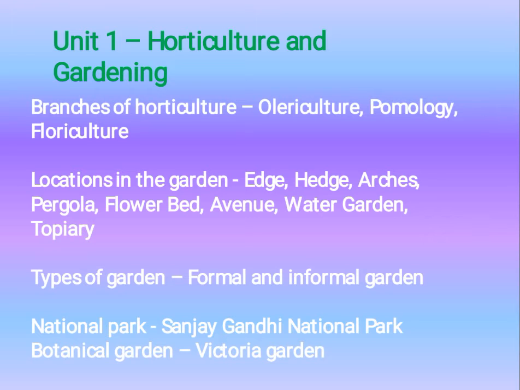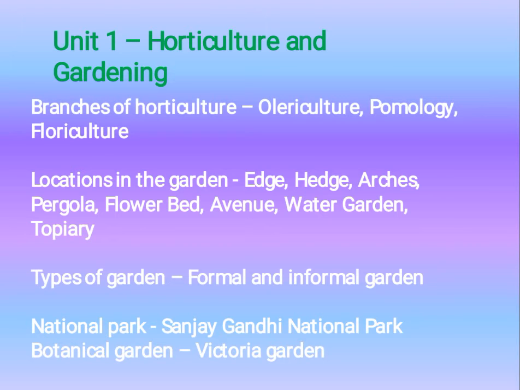The next topic is locations in the garden, such as hedge, arches, pergola, flower bed, avenue, water garden and topiary. Then, types of garden: formal and informal garden. So topics 2 and 3 are connected with each other: formal and informal garden and the locations in formal and